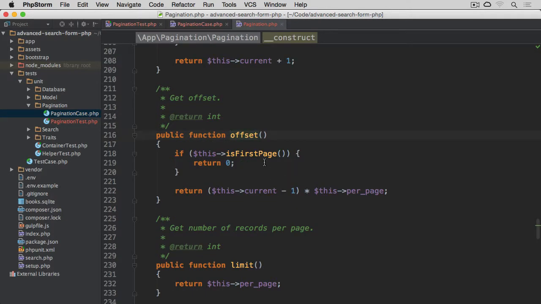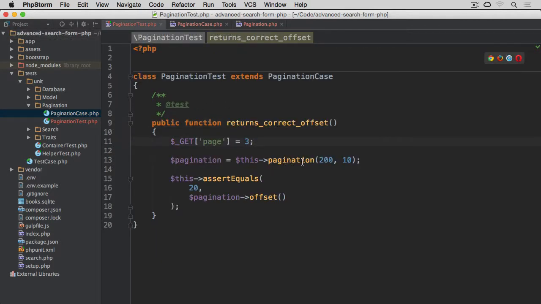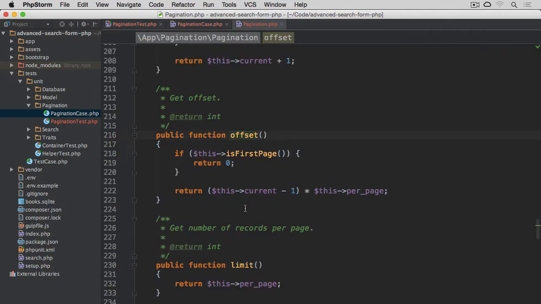What this offset does, it checks if the page we are currently on is the first one, and if we go back, the condition that we have here, it won't be the first page because we're indicating that we're on the third page. So going back, we check current page minus 1, so 3 minus 1 should give us 2, and then multiplied by the number of records per page, which is 10,